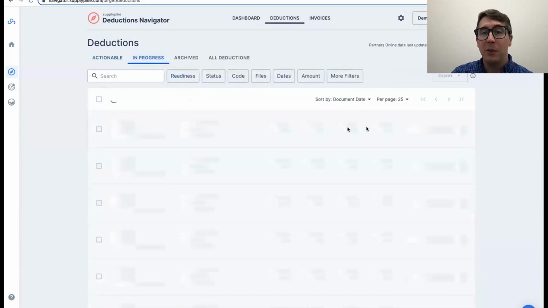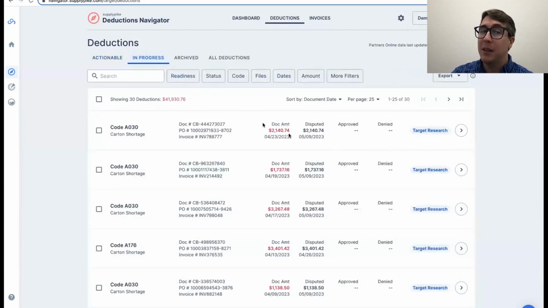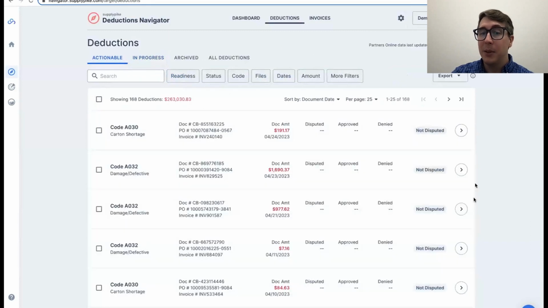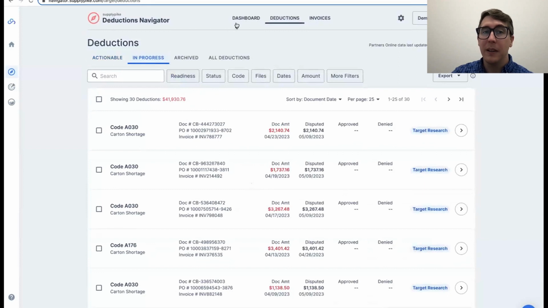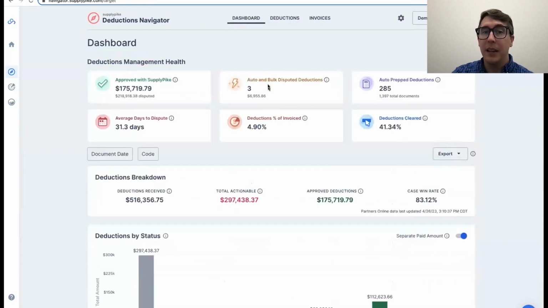And those will flip over to Target Research and be in progress. And some of those, if they're not still here in submitting status, may have already flipped over here. And then later, this number right here is going to update for us. It's fun to watch these numbers go up for anything you've auto or bulk disputed, count and